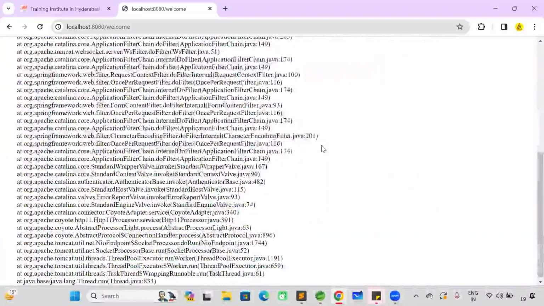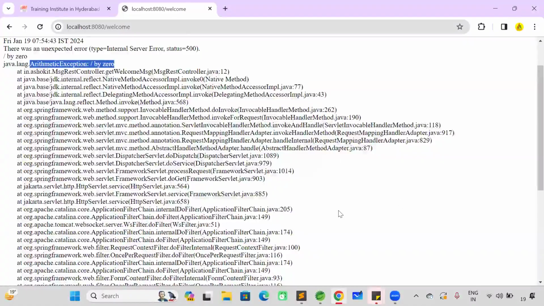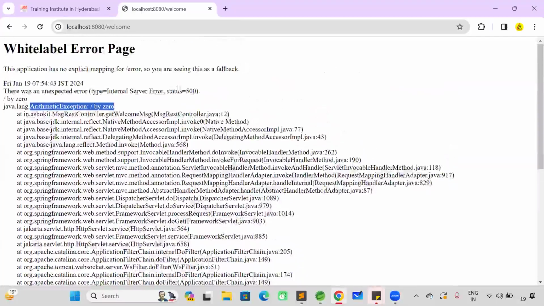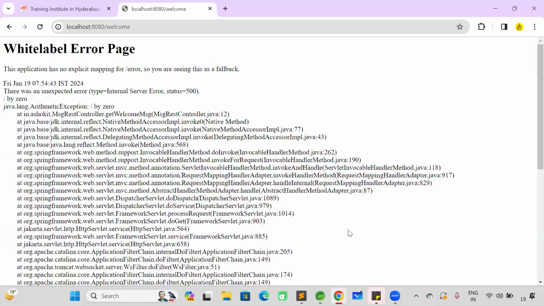our method is having a problem. Our method is having some exception, and that exception is ArithmeticException. When an arithmetic exception occurs, the server is sending status code 500. If the status code is 500, then people will think that it is a server problem, right? But if you give this exception to the client, the consumer application, they can't understand what the problem is or why this problem occurred. Instead of giving this kind of exception stack trace, we need to give a meaningful message to the